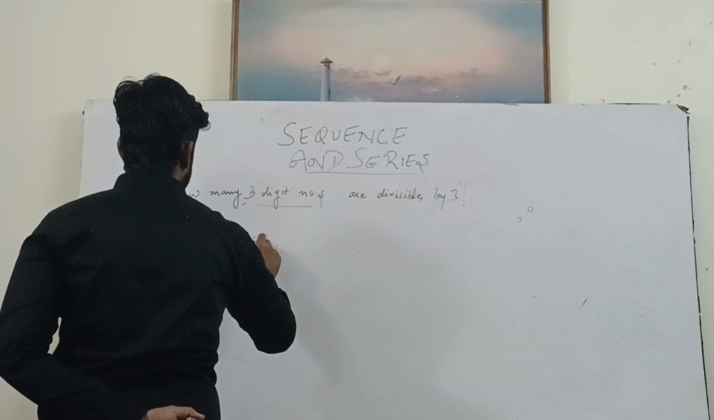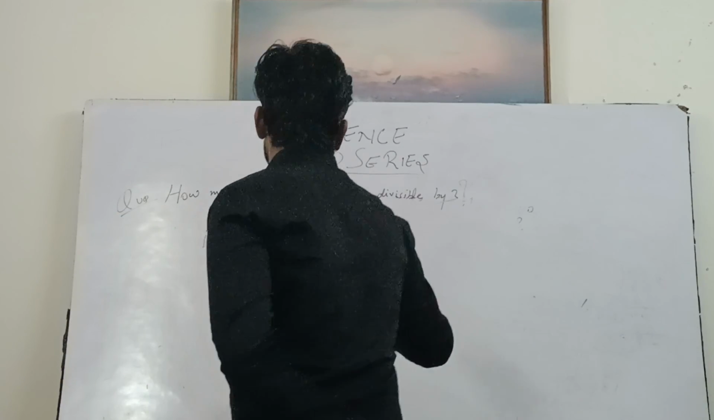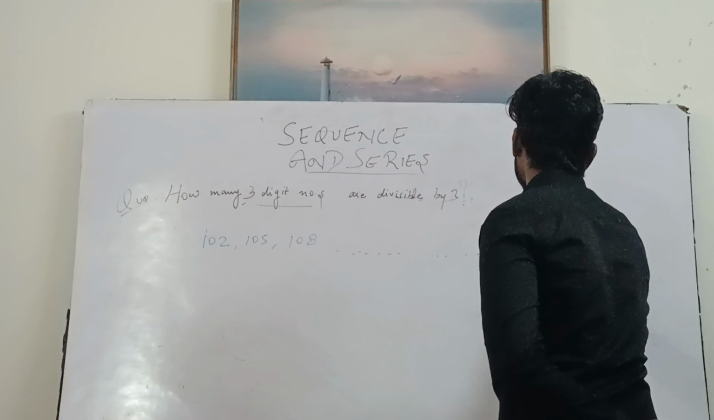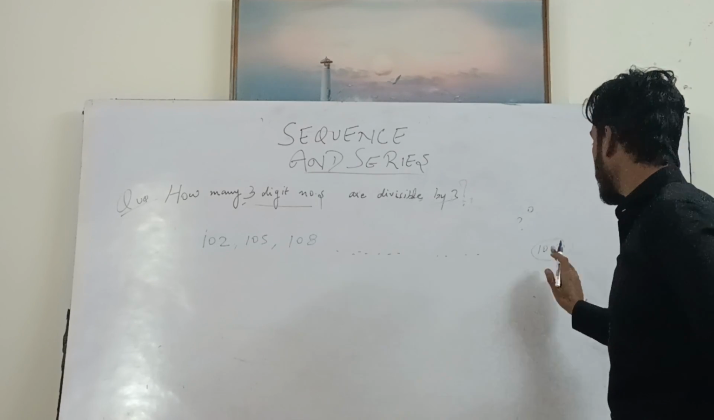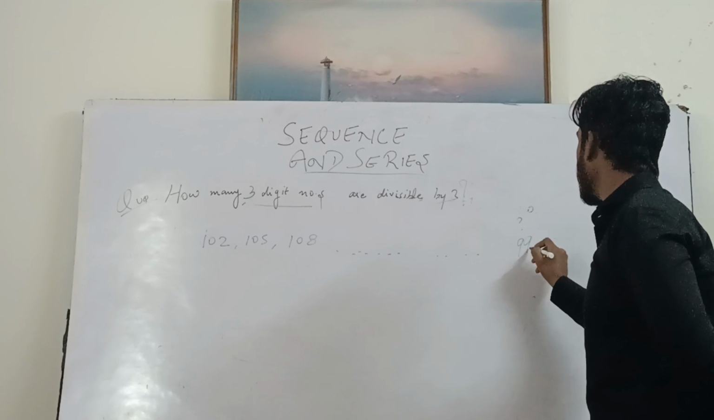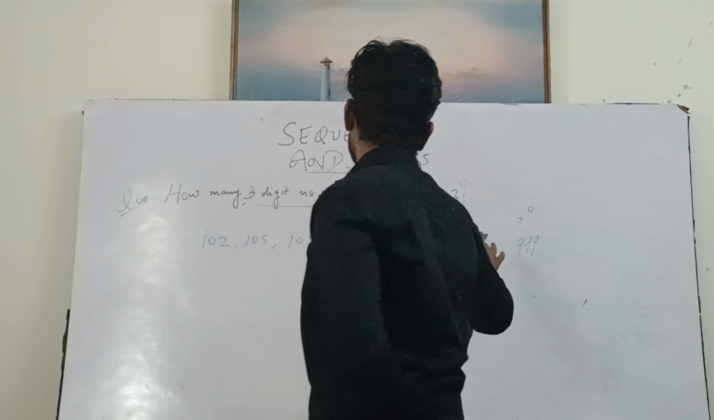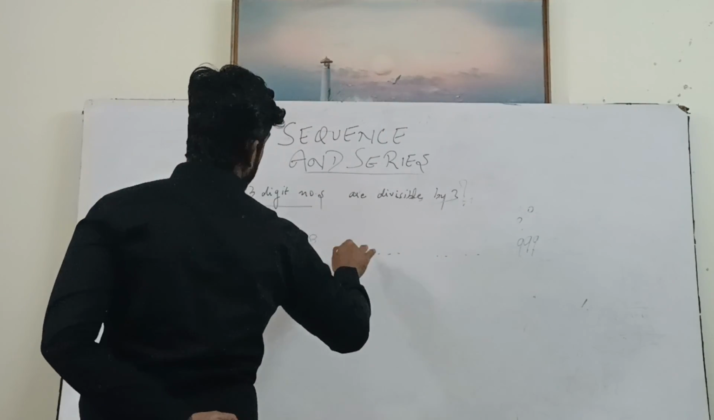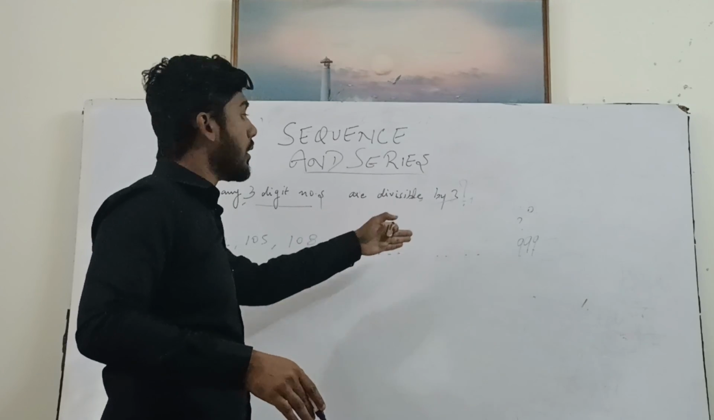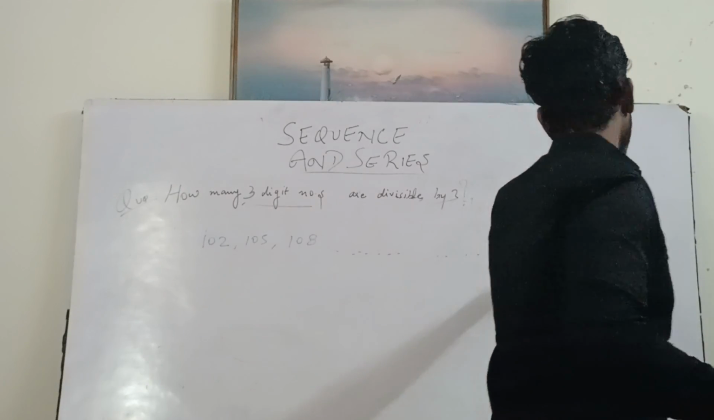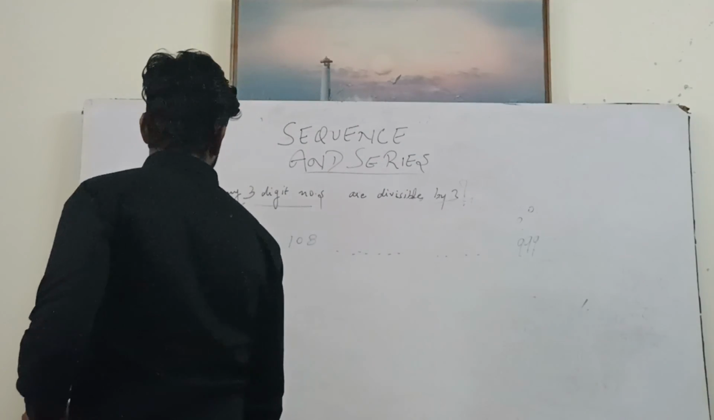अगला क्या होगा? 3 बढ़ा दो, 105, 108, कहां तक जाना है? 3 डिजिट। तो हम 1000 के पहले देखेंगे ना। 1000 is the smallest 4 digit number. इससे जस्ट पहले कौन सा आता है? 999। 9 plus 9 plus 9, that is 27। So this is a series written for the numbers which are divisible by 3। 102, 105, 108, 111 ऐसे करते करते 999 तक we'll go।